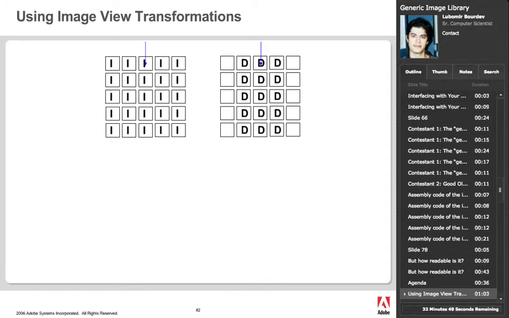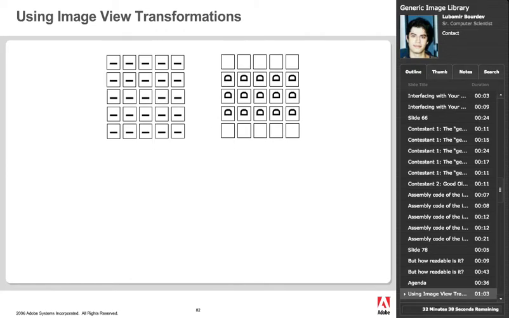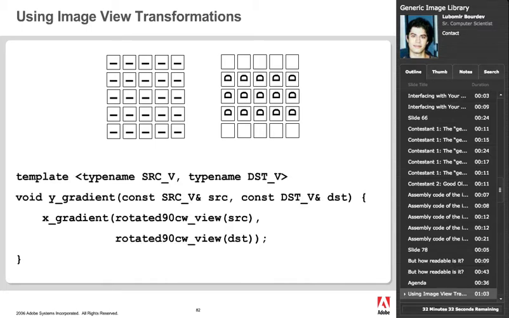Let me show you what I mean with the following example. Notice that instead of writing the vertical gradient explicitly, what if we rotated the images and reused our code for horizontal gradient? Here is how to do that in GIL. Rotated 90 degrees view